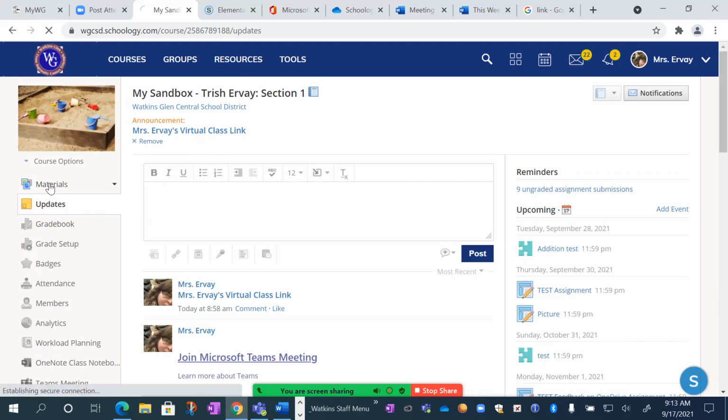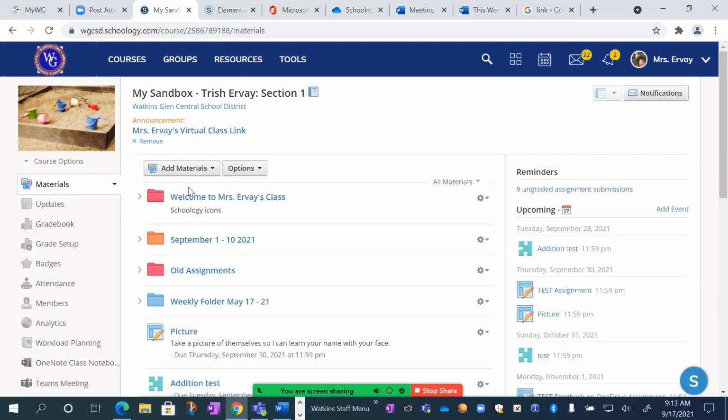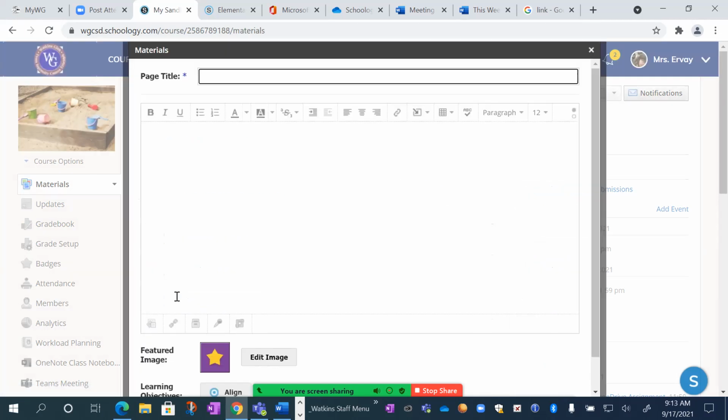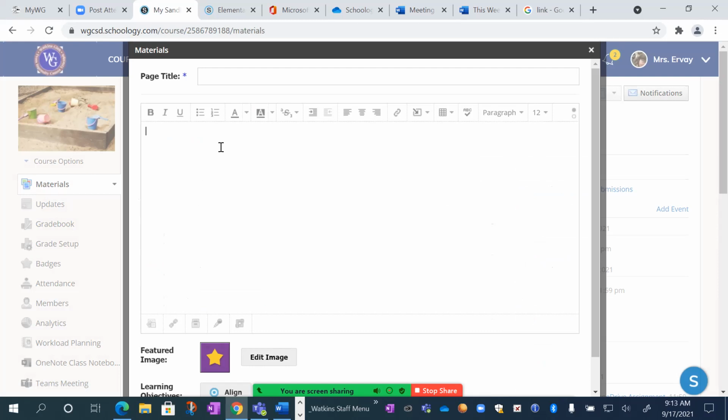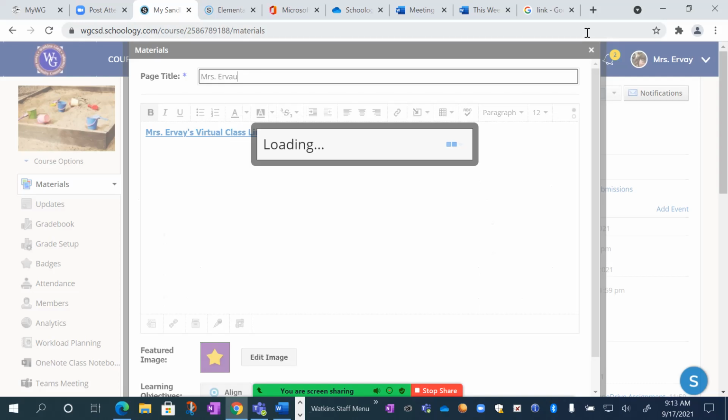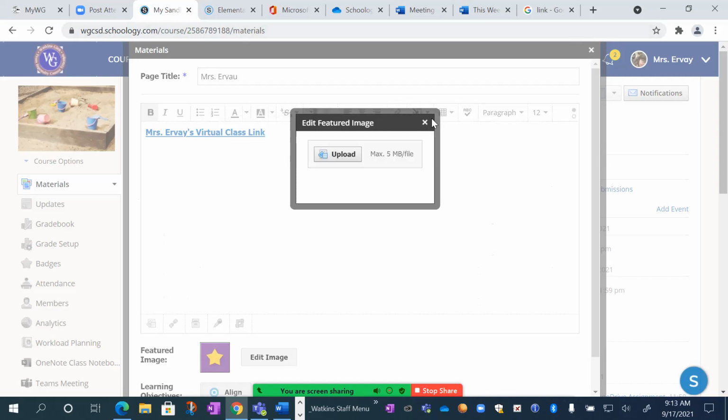Go to the materials section and above the welcome folder, add a new page. And in your page, you can paste in your link, and you're going to want to title it something here. So I would say Mrs. Hervey's